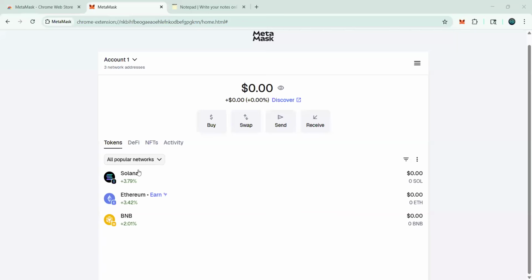So if you are on, now because I've clicked all popular networks, it's going to show me only the 3 networks, BNB, Ethereum, and Solana. If I want to buy a coin, I need to ask the person who told me about the coin which network it is on. Just like the way you ask someone, you want to send someone money through mobile money, you're going to ask the person, which network do you use? In crypto, if you want to buy a coin or you want to send someone a coin, you need to ask them which network. So they'll tell you, oh, BNB network,